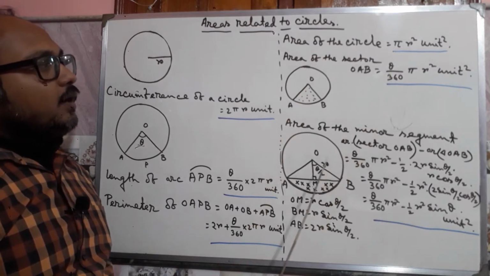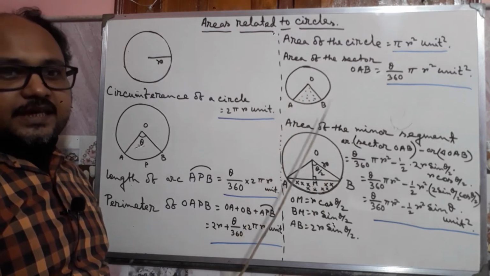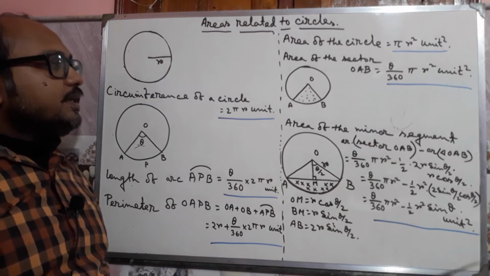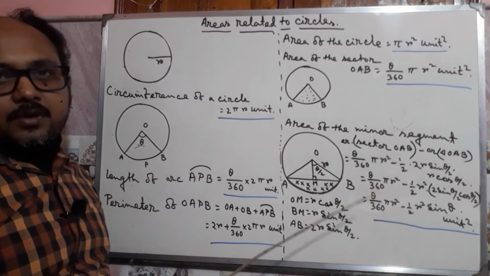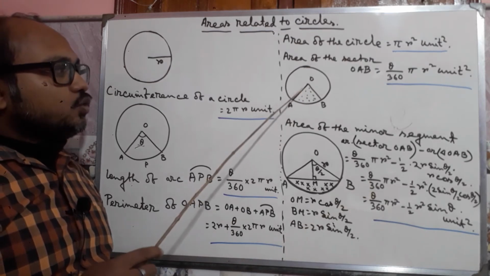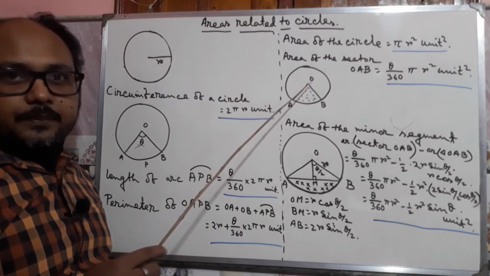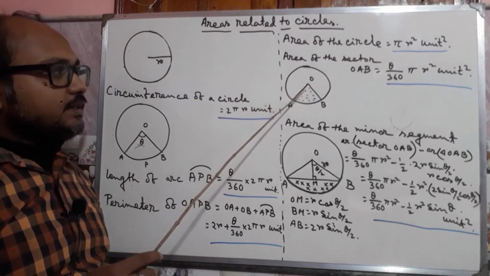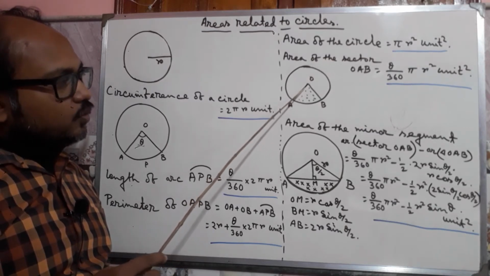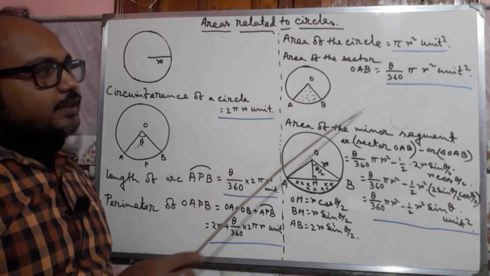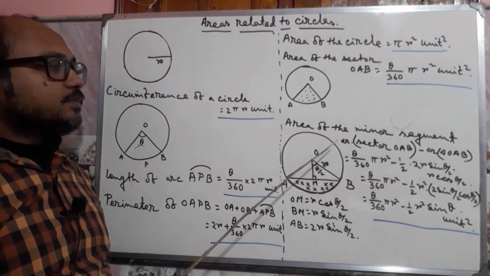Okay. Now again, what will be the area of this sector having the angle theta at the center? It will be, again the same logic. For this total 360 degree angle, the area, that is the portion of the field enclosed by this circle, is pi r square. So the area of the field enclosed by this angle theta will be theta by 360 pi r square unit square. Now area of this minor segment.